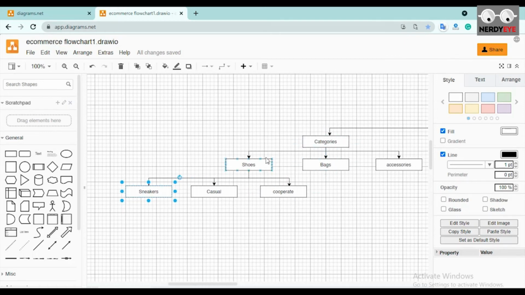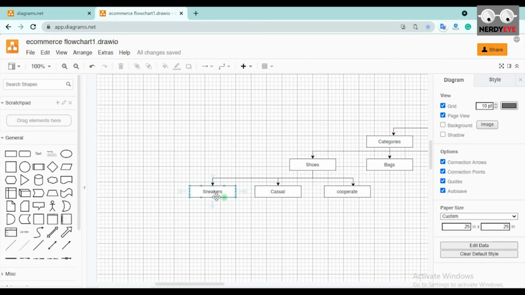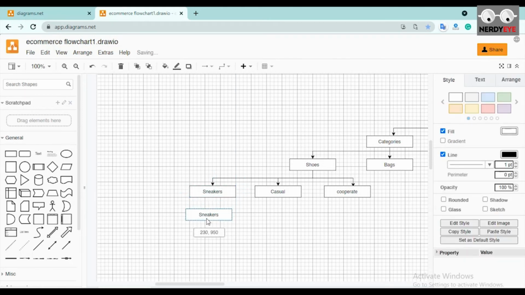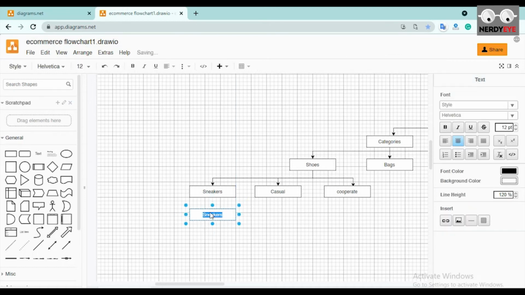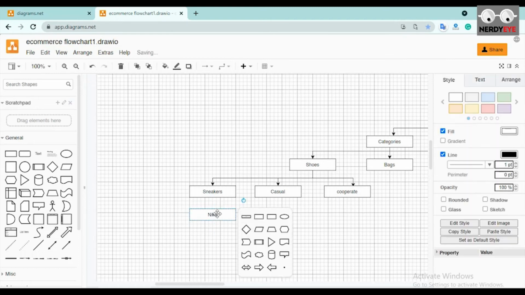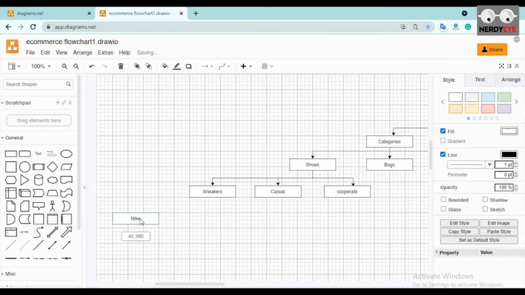From categories, you selected the shoes. From the shoes now, you have the different categories inside the shoes and all that, right? So I want to see the different categories now inside this particular one. There is what? Sneakers. I'll duplicate this. I can just input, let's say Nike, Nike. You can input Nike, place that here, duplicate, Control D,